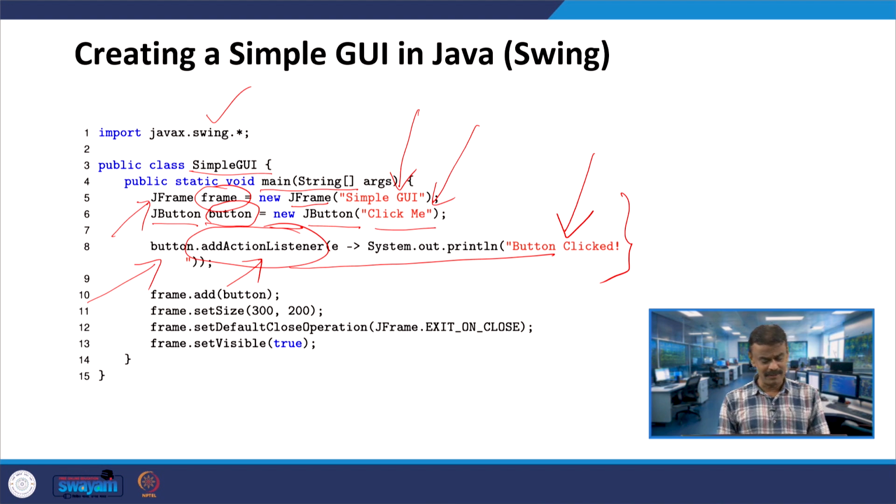The rest of them are very trivial. Now, the object frame is invoking the add method. You are passing the button and setting a size, height is 200 and width is 300, that is the meaning of this. The frame is invoking setDefaultCloseOperation, so once everything is over, this will be closed, and it is invoking setVisible by passing true.